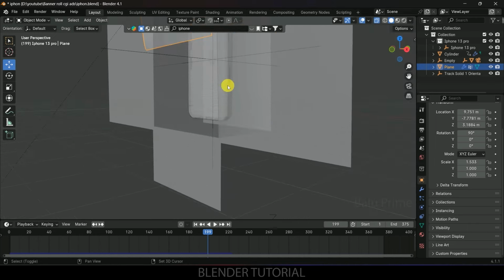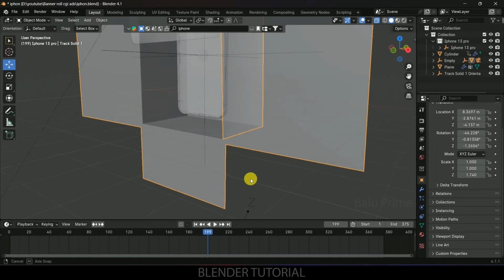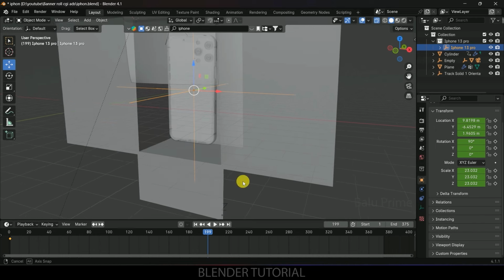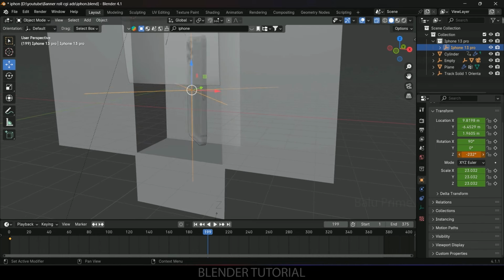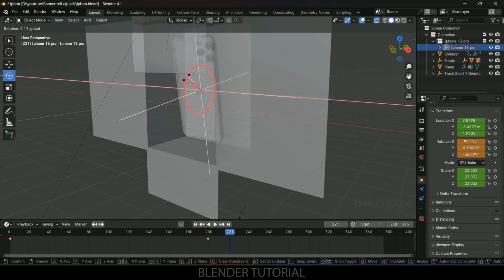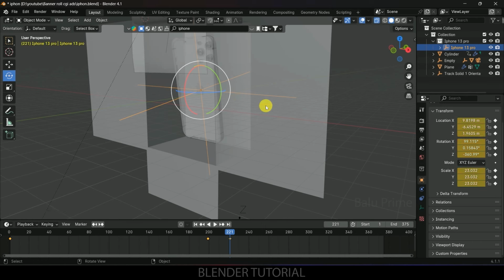So I will select this empty, which is controlling our phone. So let's select the empty here. This is controlling the phone, right? So till this frame, I want this to be rotating. So I will rotate this here and add a keyframe. Let's press I, and after that I want this to stay still for some time. Let's bend it here a bit, press I on the keyboard, and after that let's come to this 280 frames,